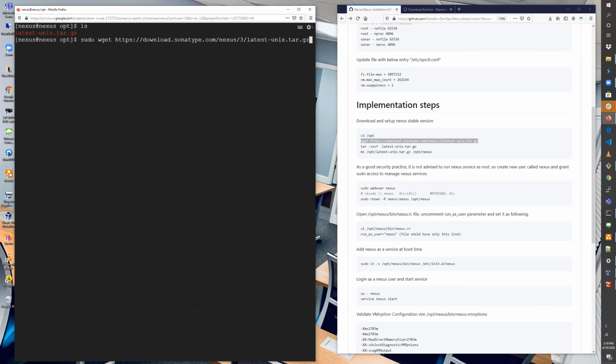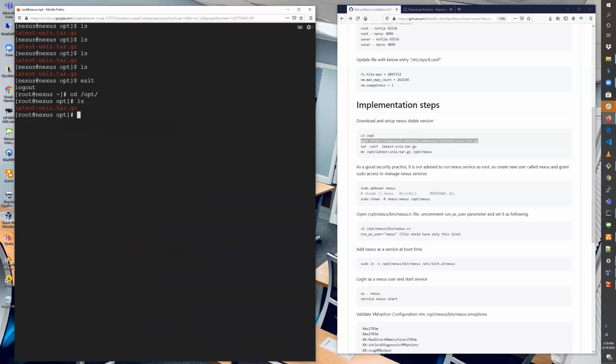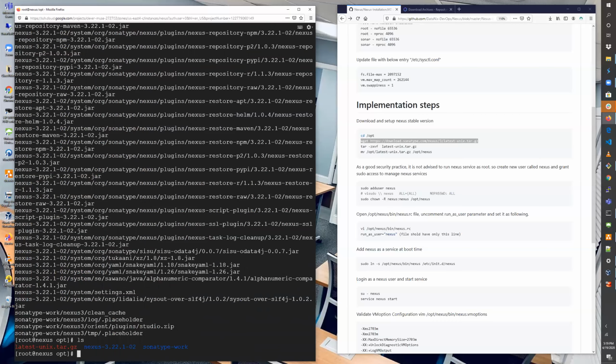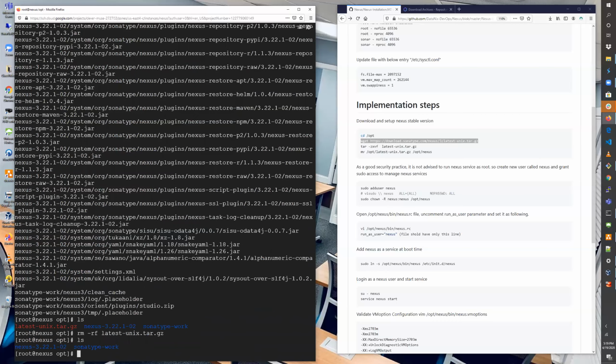Did we use sudo? Okay, I'm going to actually let me exit as root and let me do all this as root. Later, I'm going to untar this and do all this as root. Okay, good. So now that this is done, I'm going to remove this latest zip file,